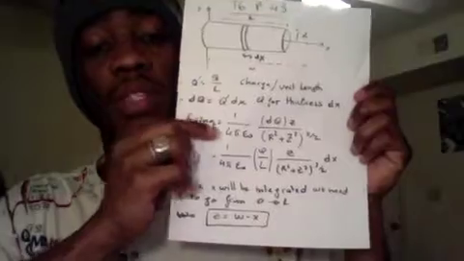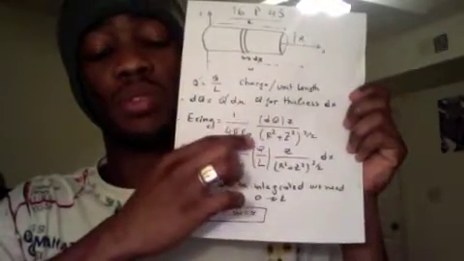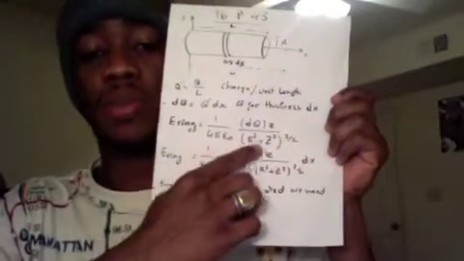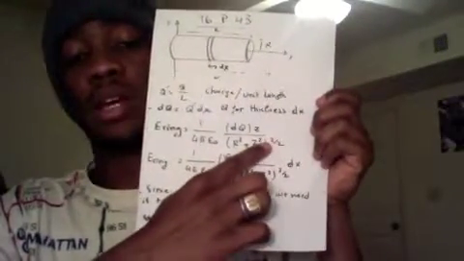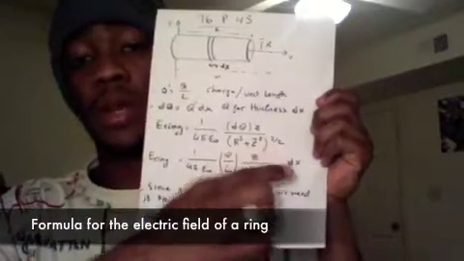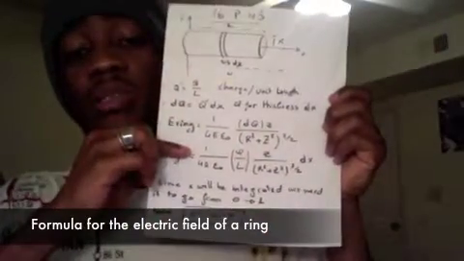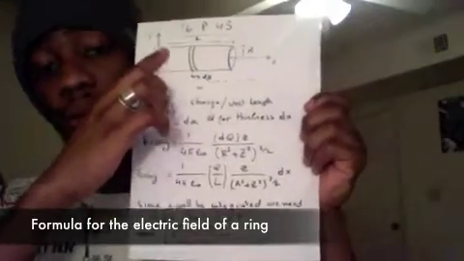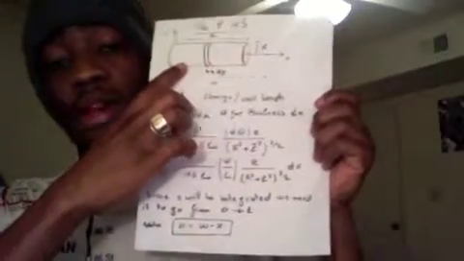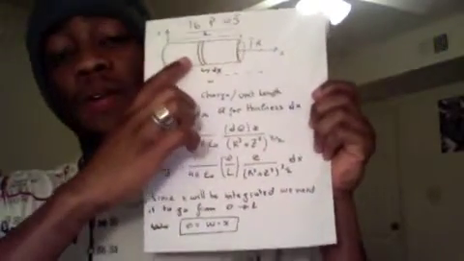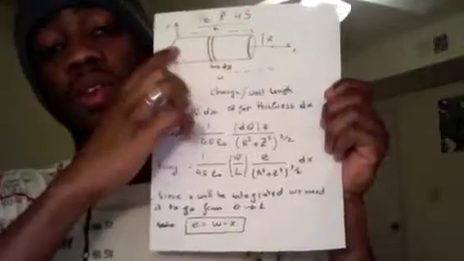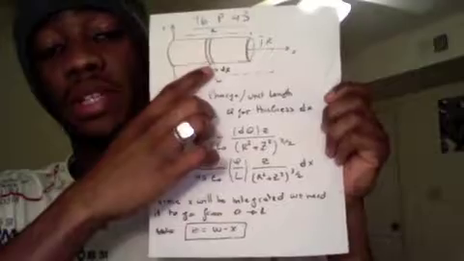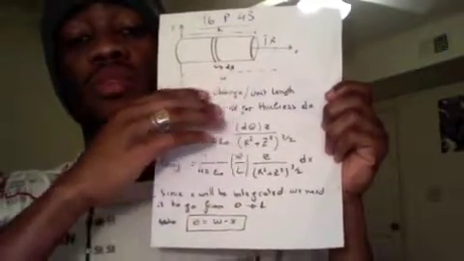It's E ring. E ring is equal to 1 over 4 pi epsilon 0 dq multiplied by z, the distance, divided by r squared plus z squared, and everything to the power 3 halves. This is the formula for the ring. This is the formula we need to use to calculate the electric field of any ring here on this length L. Given that, in order to find the electric field of the whole tube, that means all the rings that are possible to fit here with thickness dx, we just need to find